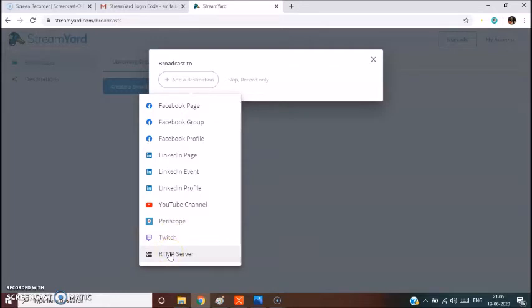RTMP stands for Real-Time Messaging Protocol. This is the protocol developed by Macromedia for streaming audio or video. You can skip this and you can go for record only.